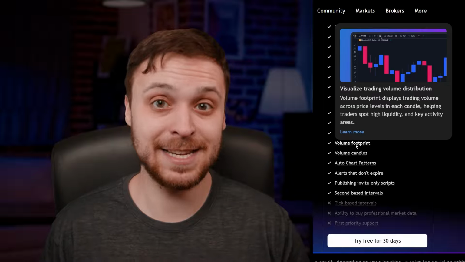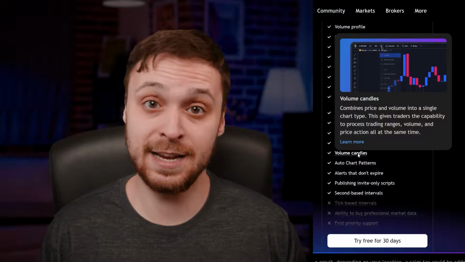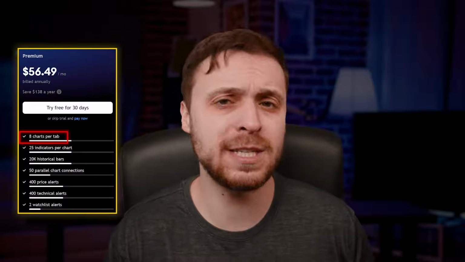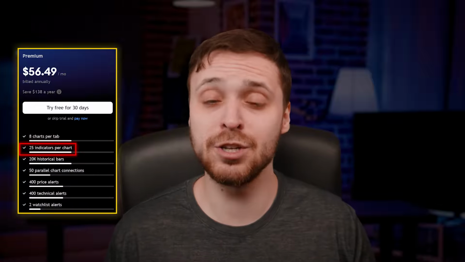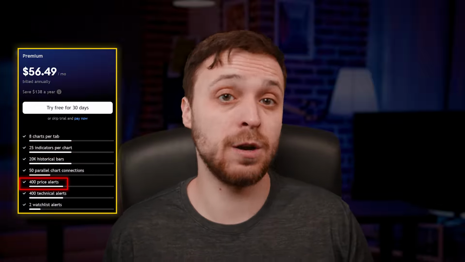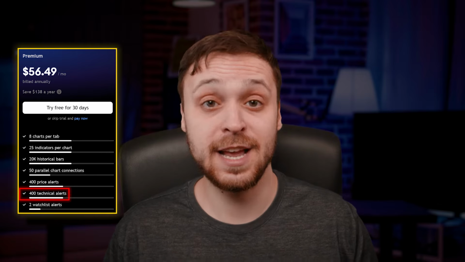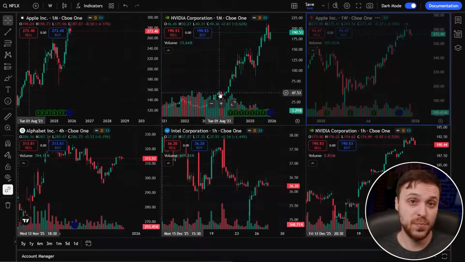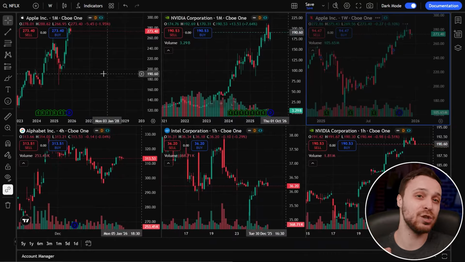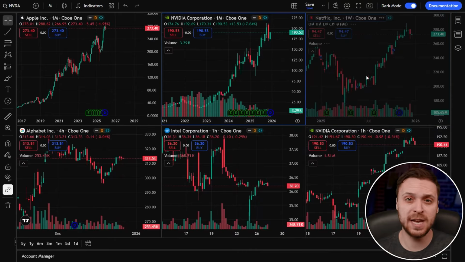TradingView Premium, on the other hand, is a different beast. It is built for action, not just analysis. It's got many more alerts and indicators. So we're talking 8 charts in a single layout, 25 indicators on one chart, 400 price alerts, 400 server-side alerts, and 2 watchlist alerts. I used a 6-chart layout on my main screen to watch multiple time frames and correlated